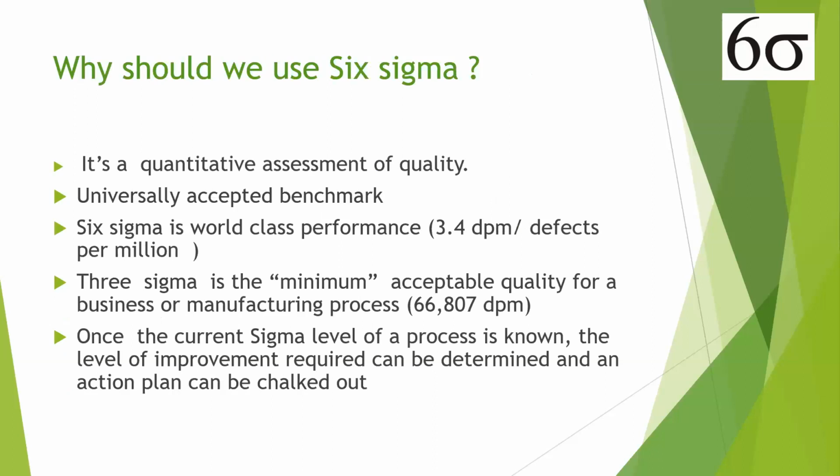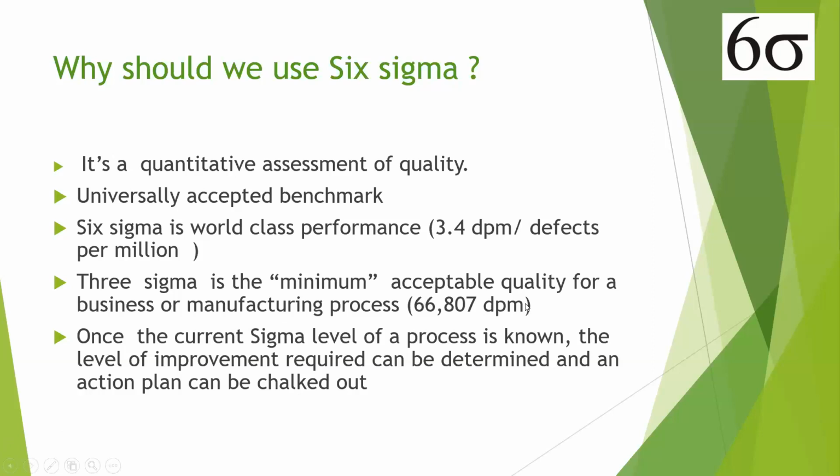It is a universally accepted benchmark. Six Sigma is world-class performance, where the six score indicates there are only 3.4 DPM, which is defects per million. It's also called DPMO, which is defects per million opportunities. The minimum you need to have is 3 sigma. It is the minimum acceptable quality for a business process or a manufacturing process. A 3 sigma also means